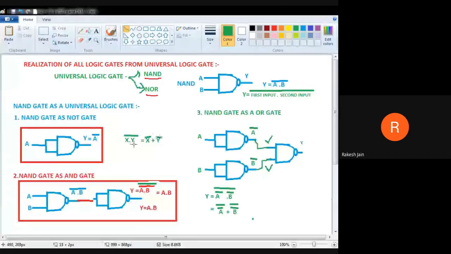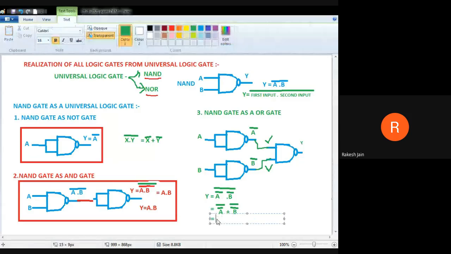Now here what is X? X is A bar. So I write down A bar having a bar plus, Y is B bar, so B bar having a bar. Both are separated with plus. So bar to bar is always cancel out. Bar to bar is always cancel out. So now it is A bar having a bar, that is A only, and B bar having a bar, that is B only.